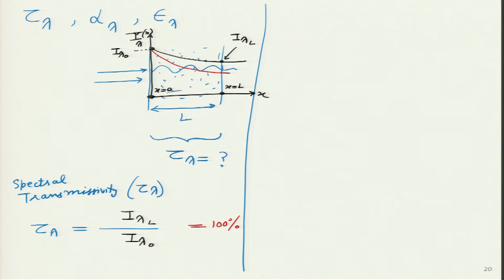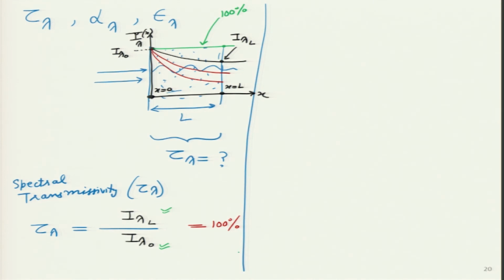So, in my glass I do not want the intensity to go down like this red line over here. I want it to stay like the green line over here. So, 100% transmissivity. This green line represents 100% transmissivity. How? Because if I lambda L, numerator is equal to denominator, then the ratio is 1, then it is 100%.